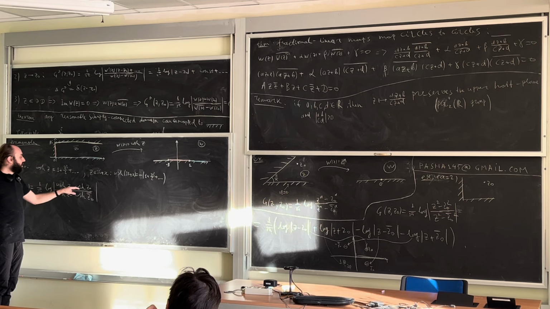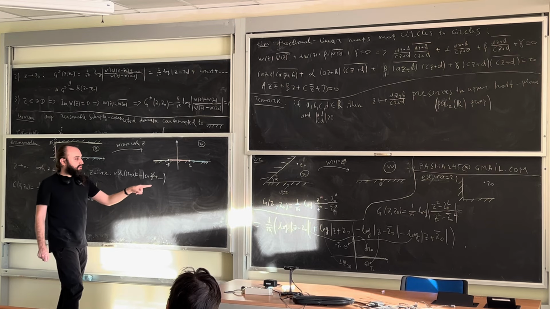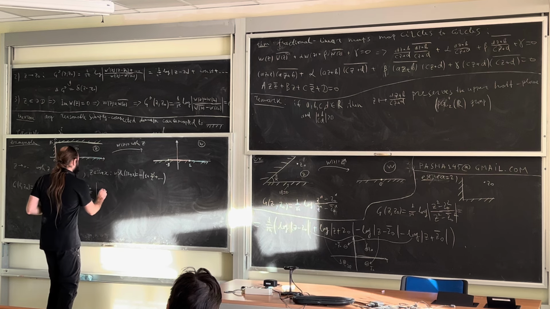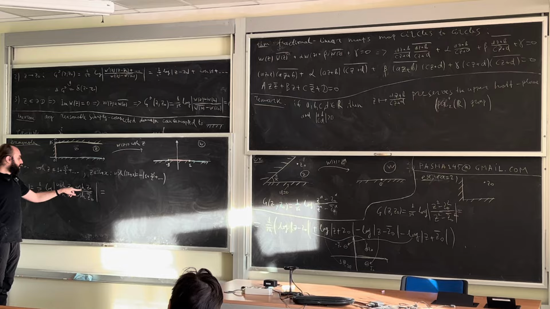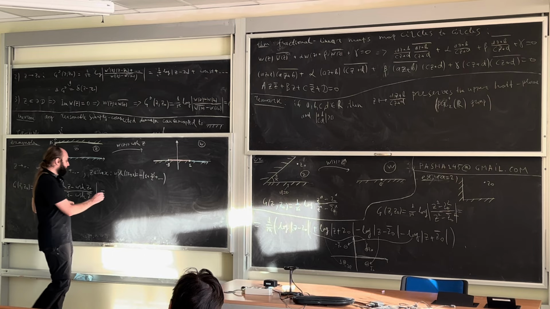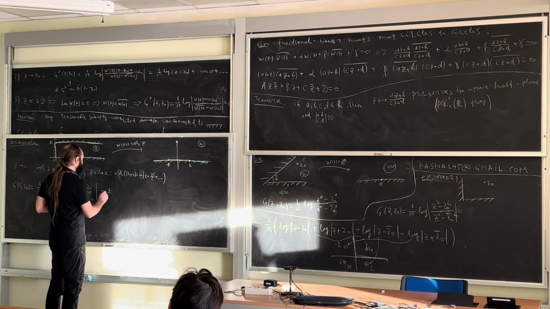We can also write it, a bit similar to this difference of squares, because the difference of two cosh functions is sinh times sinh. So we can write all this as